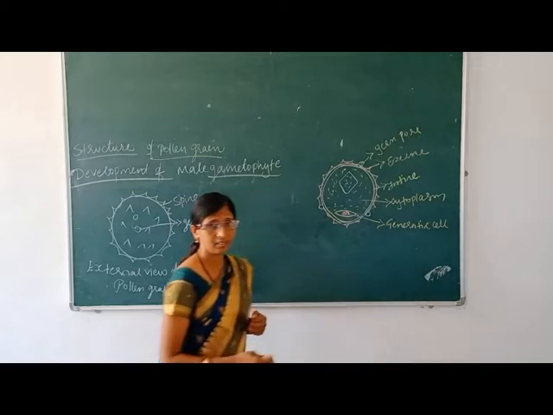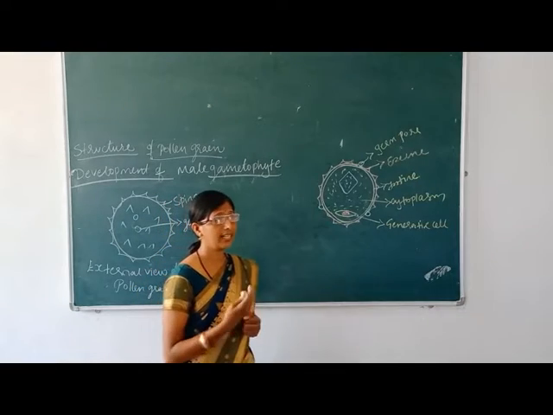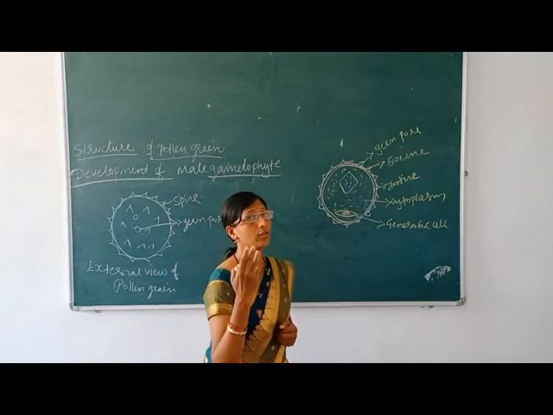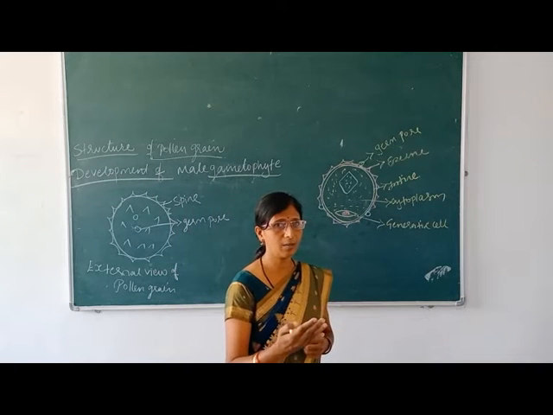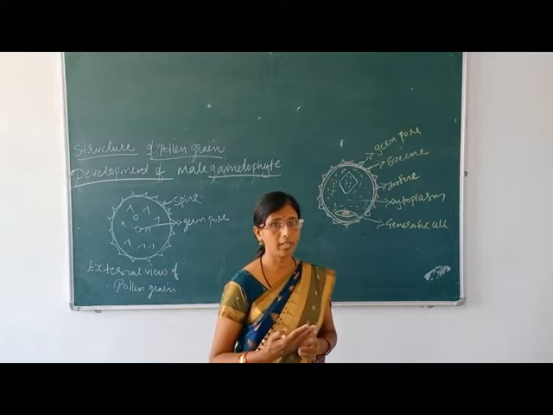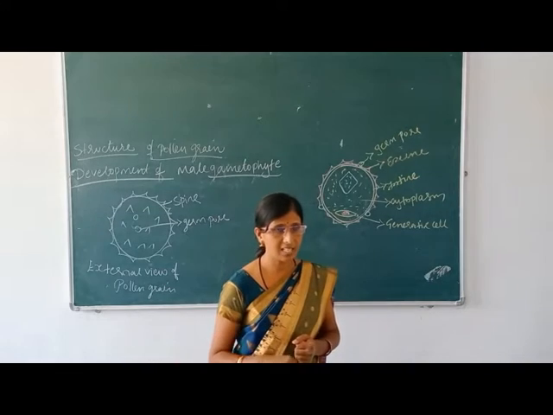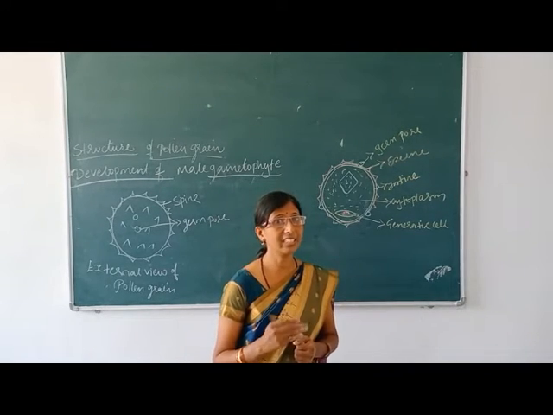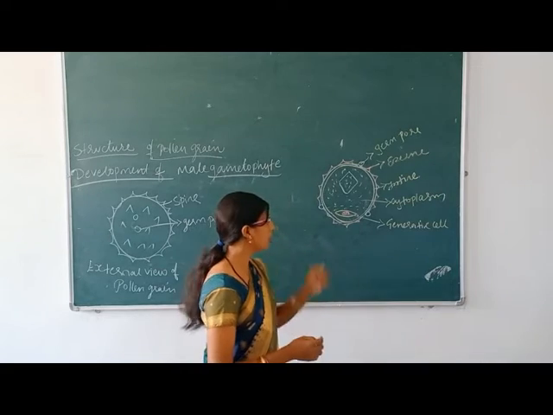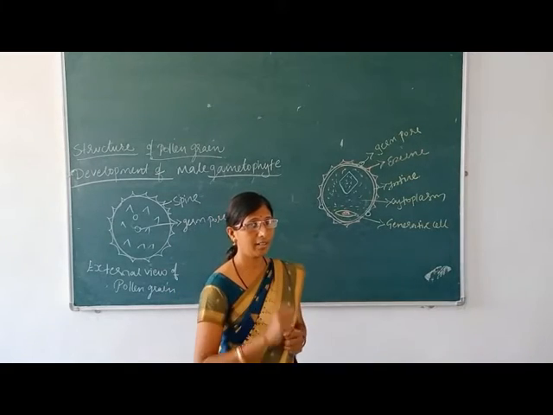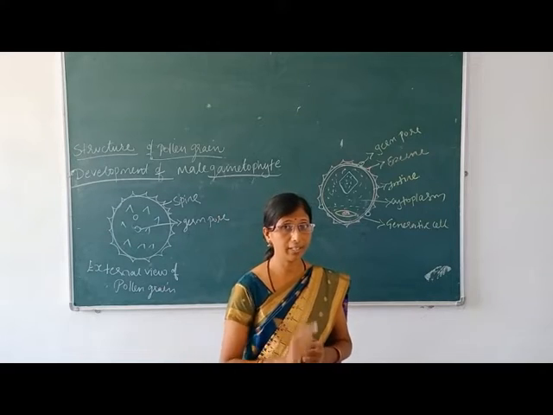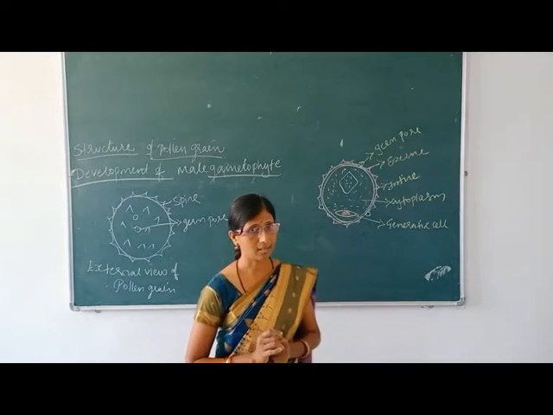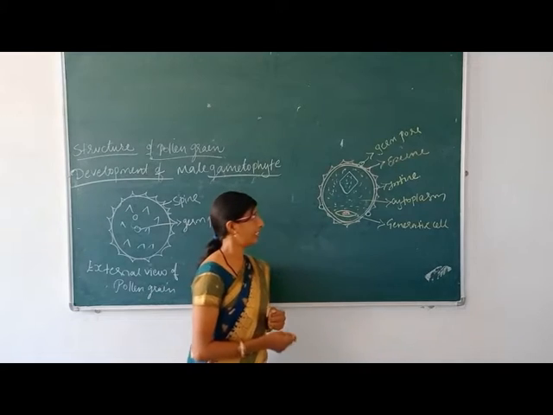I am repeating this so you can be perfect, and this structure of pollen grain is for 3 marks. It is very important. You can draw the diagrams or you can write only the points. Sometimes they ask the structure of pollen grains 2 or 3 times, so it is very important. In the introduction class I told the introduction part; you can also write that and get full marks. So this is the very deep explanation.